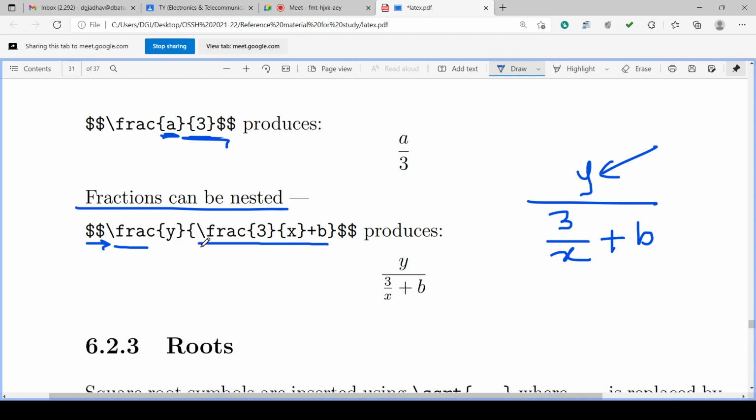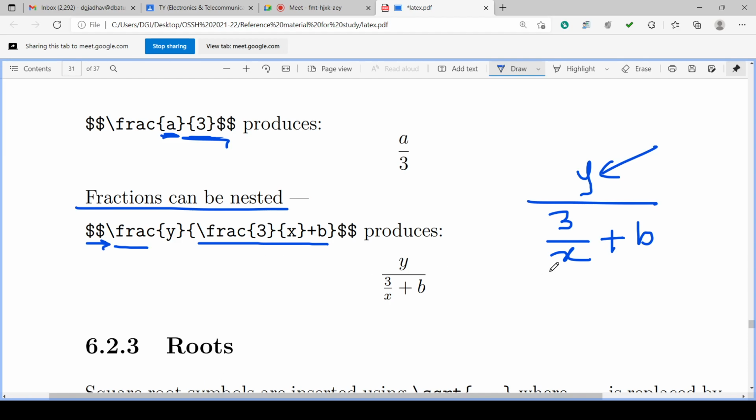So 3 by x plus b is the denominator of the first fraction. One fraction is nested into the next fraction, so it is called a nested fraction. Y divided by 3 by x plus b.